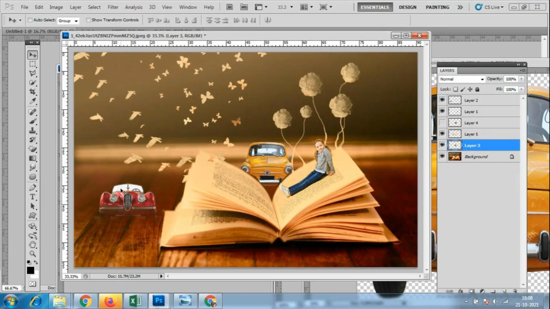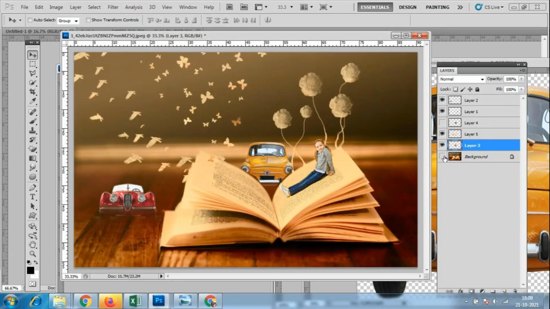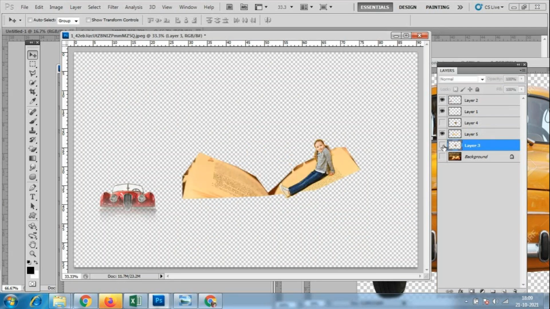Okay, so what I did is I cut how much ever area I want, only that much area, and placed it in a different layer, that is Control J. So I'm making a Control J, and placing the car behind this. In between there are two different layers: one is this layer, which is the book I have cut, and this is the car layer.